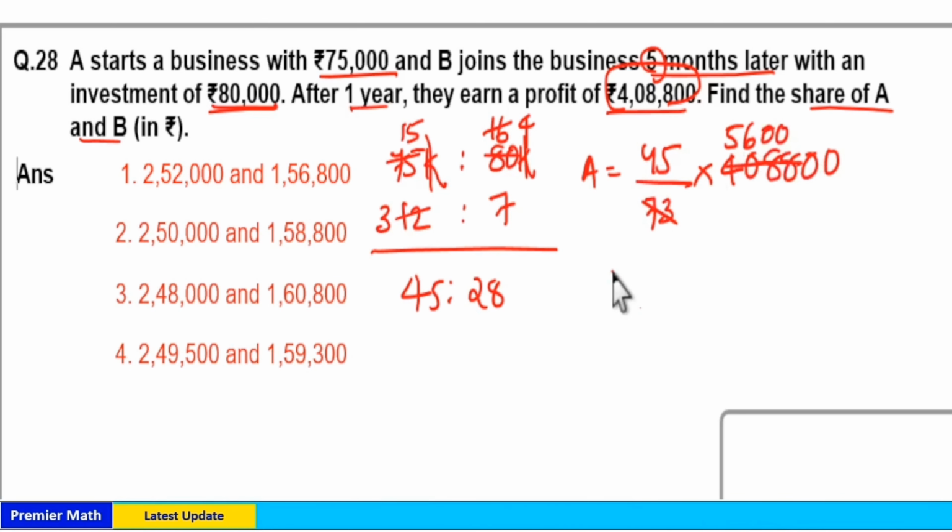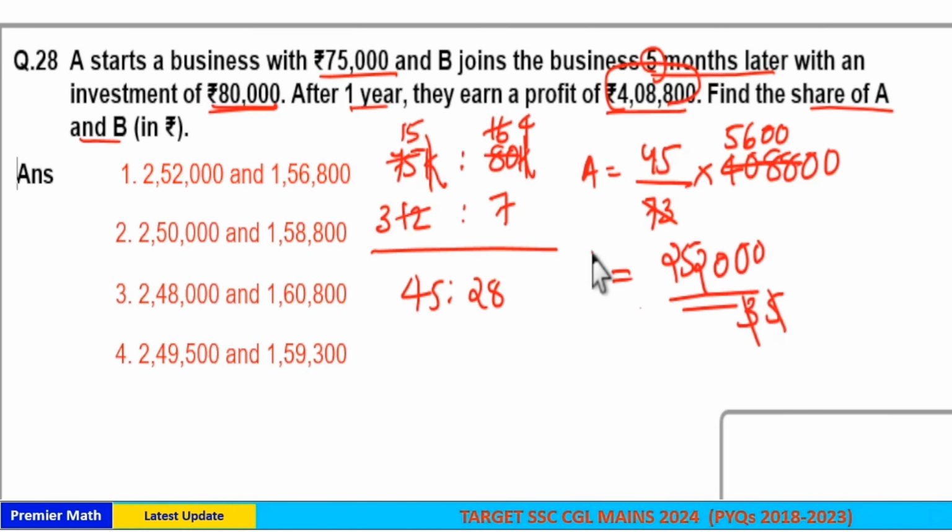So 5600 into 45. 5 into 6 is 30. Remaining 3. 5 into 5 is 25 plus 24 is equal to 49. 49 plus 3 is equal to 52. Remaining 5. 4 into 5 is 20 plus 5 is 25. So 252 and you have 00 here. So 2,52,000 is the share of A. Option 1 is your answer. And the share of B is equal to the remaining,